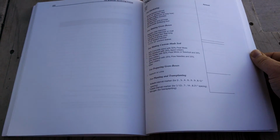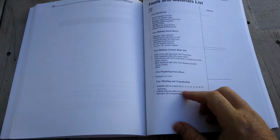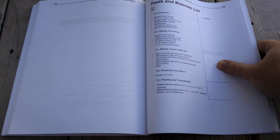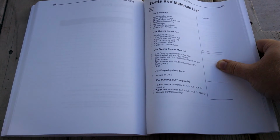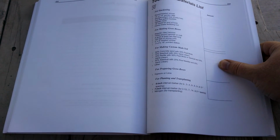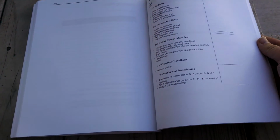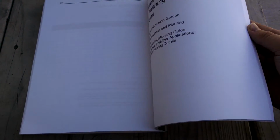But it goes through all the materials, how to make custom-made soil for making grow boxes, like everything like that. There's more than one way to garden, and this definitely shares with you a few different ways to do it. And I mean, there's not just one way to make your grow beds. There's not just one way to produce food. There's a lot of different ways, and we're just trying to figure out how we can tap into that food producing mechanism. But we have, let's see, more planting guides, reference tables,